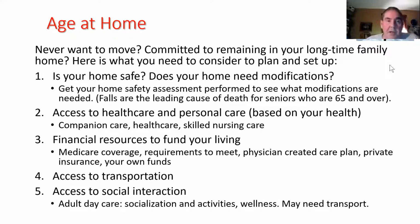Great. One other thing I'll just mention, 95% of our members that are getting care now, that have our plan, are getting care in their home. Only 5% have gone to an assisted living or a nursing home. We base it on safety. As long as the person wants to stay at home and is medically safe, we can arrange just about any level of care in their home. If they need physical therapy, we can arrange to drive them to it or have the therapist come